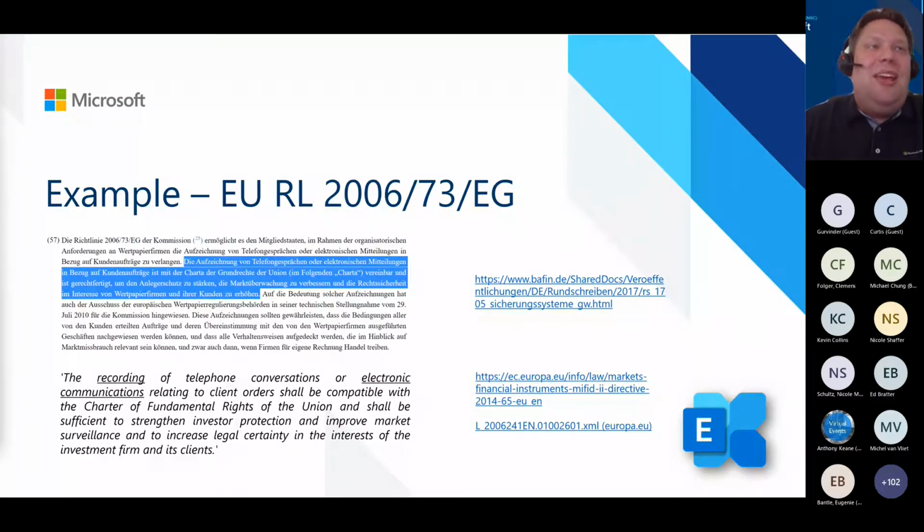I translated one of the parts of the European legal text here, and you can have a look. We have all of the links in it so that you can read the full set of rules.